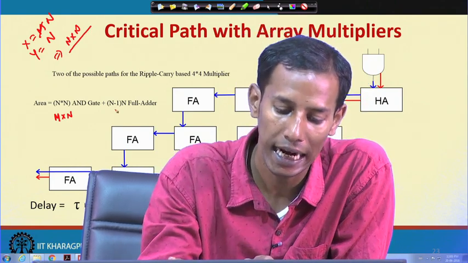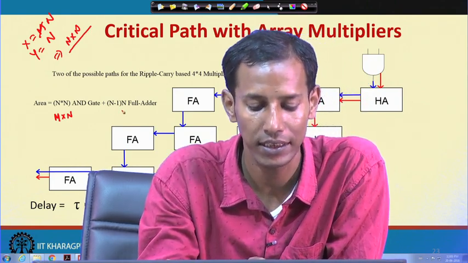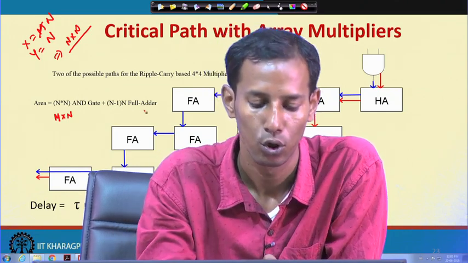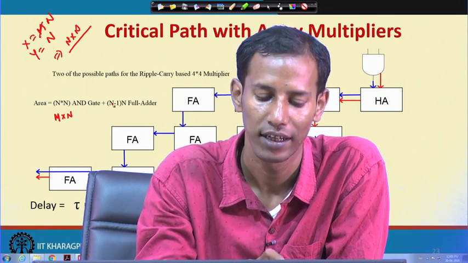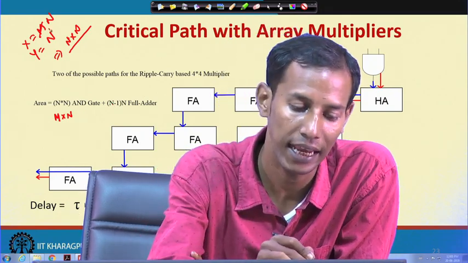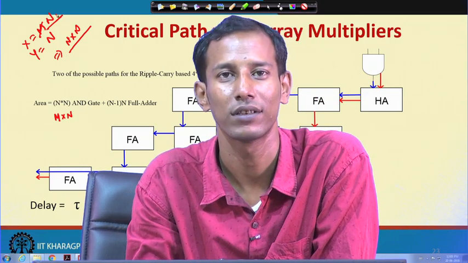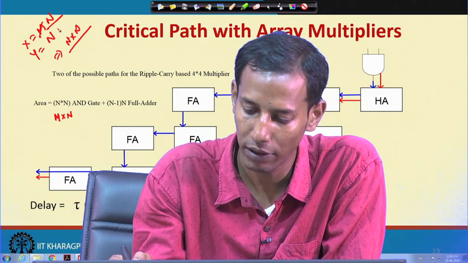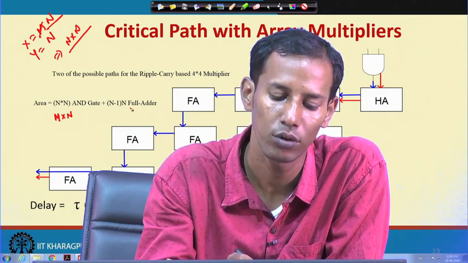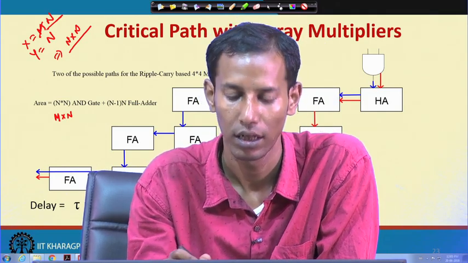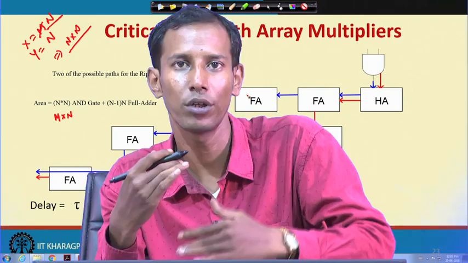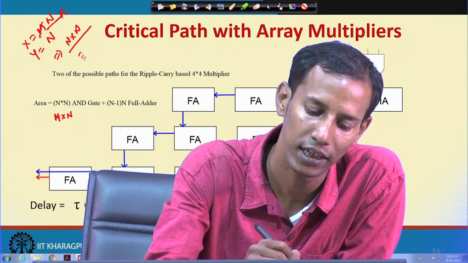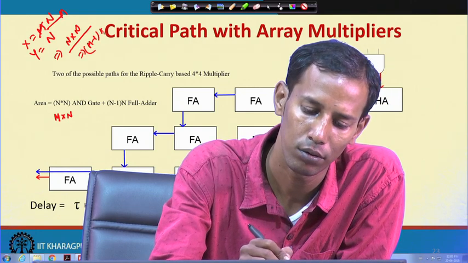Okay. And there are n minus 1 into n number of full adders. Okay. So, why is it so? Because I have this n, that means this is the multiplier and this is the multiplicand block. Okay. So, that is why I need n minus 1 into n number of full adders, because I have to add, and that is in a 2D matrix, right. If that is m and that is n, at that time it will be m minus 1 into n.